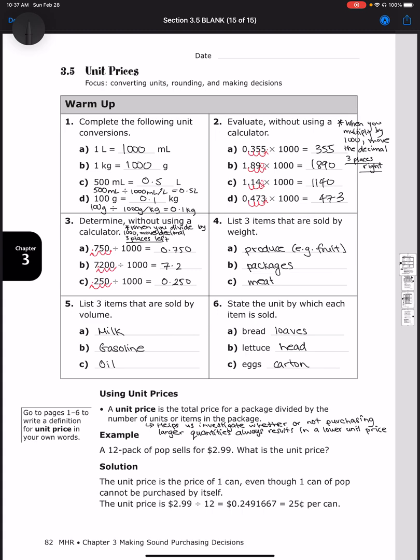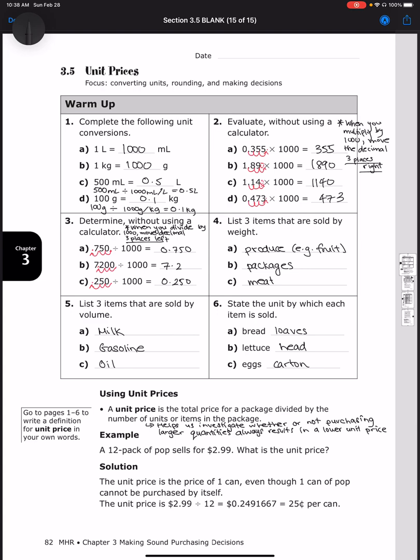If you were to go grocery shopping and you look at cereal, for example, you might see a regular size cereal box, and then you might also see a family size cereal box, which would be a little bit bigger. So looking at the unit price gives you this sort of consistent tool by which you can determine which package is cheaper. So we will discuss how to calculate the unit price, but just to drive the idea home, we use unit prices to help us compare quantities of a product